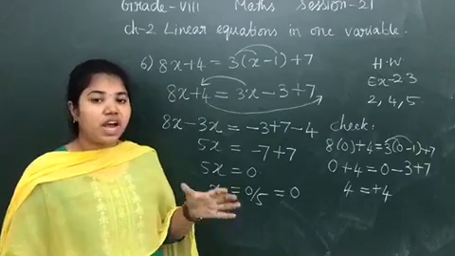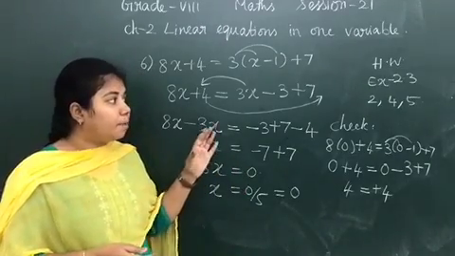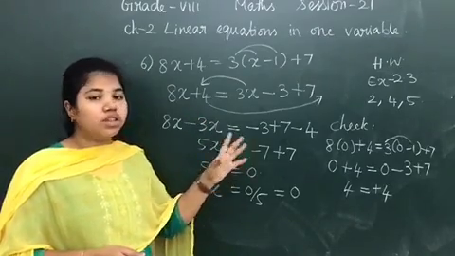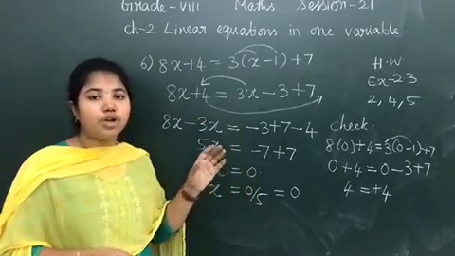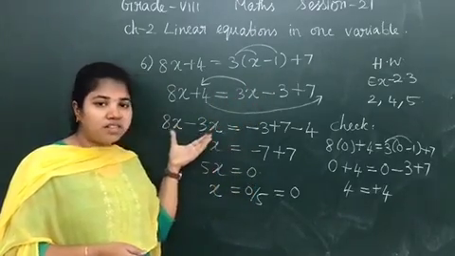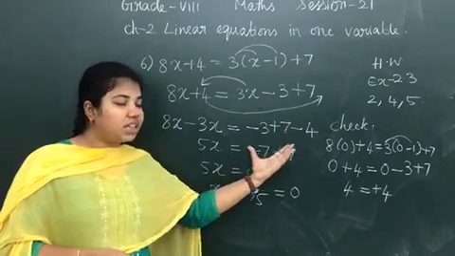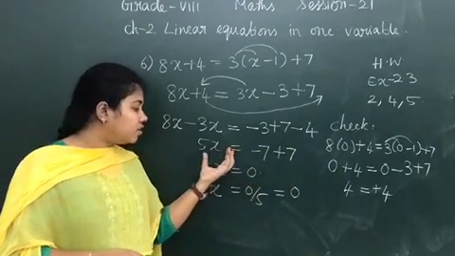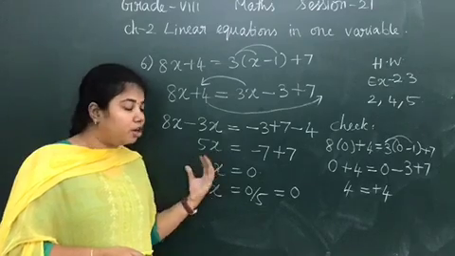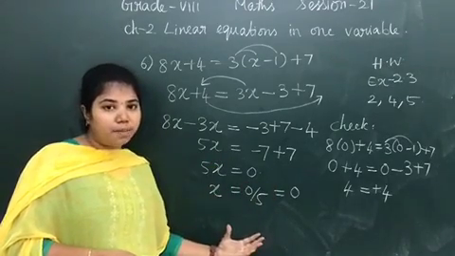So in this session we have discussed exercise 2.3. I have completed the first, third and sixth sum. Second, fourth and fifth sum will be your homework. What you are going to do is write the question, bring the variables to one side, numbers to other side, then take the operations, see the numbers, solve it. Take the variable, take the number near the variable to other side, divide and find the value of the variable.